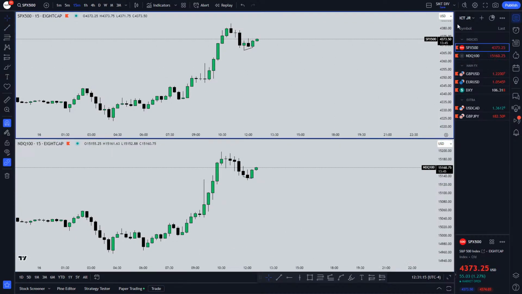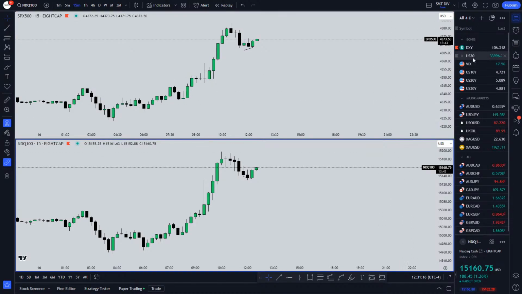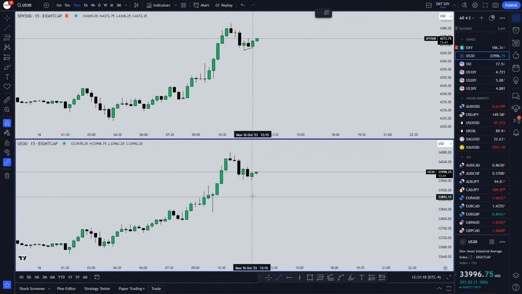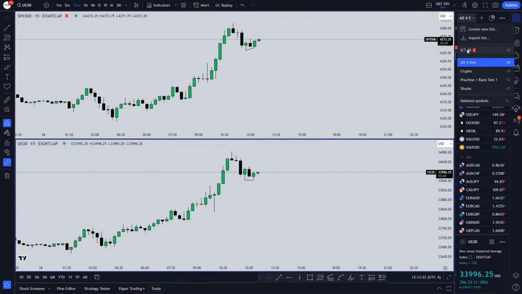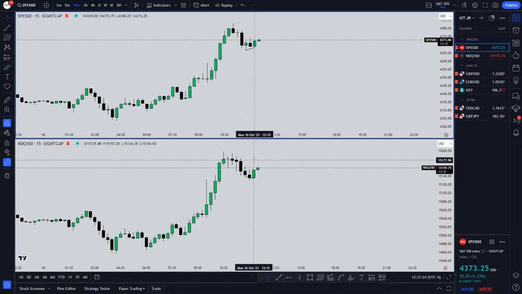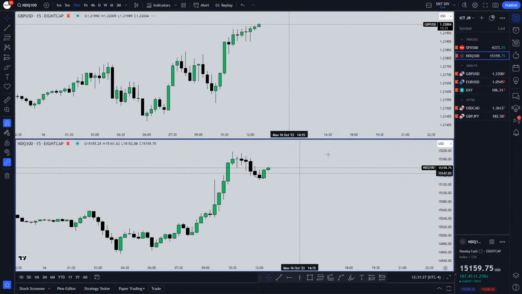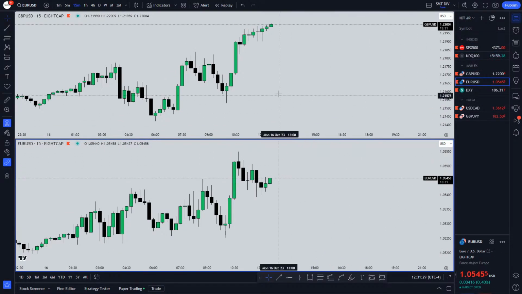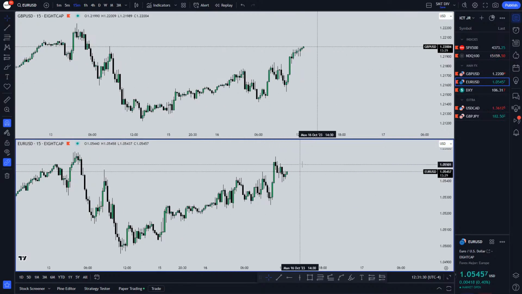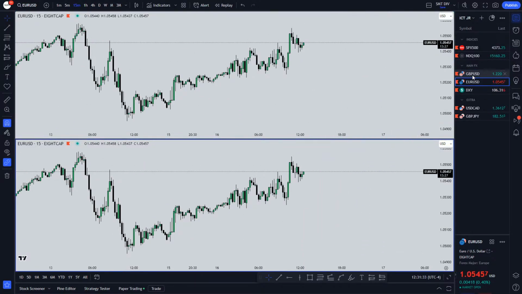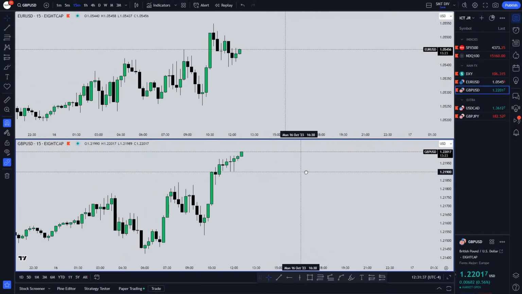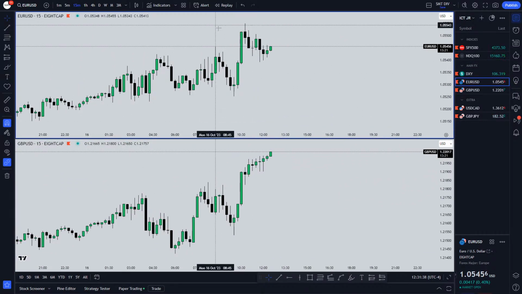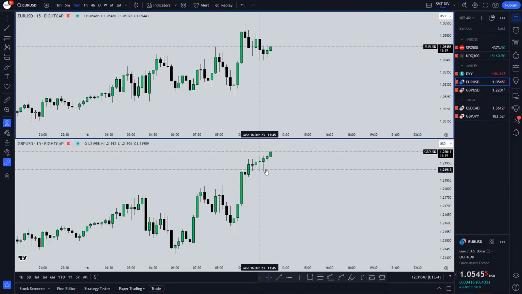Perfect. Let's go. US30. Okay, so SPX does look like the strongest one. EU and GU. Let's put EU on top. This is very weird. Why didn't it change over there? Yeah, EU looks very, very weak compared to GU. You can just see that here,